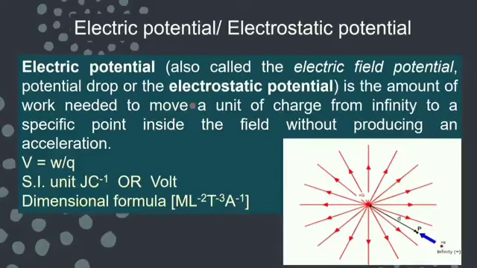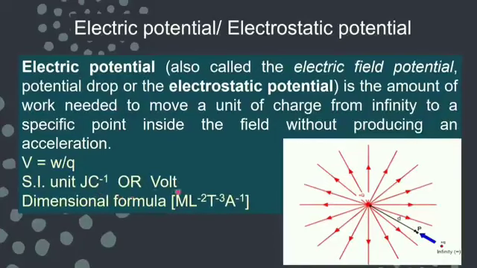If I want to write the electrostatic potential in the mathematical form, I can write it as V, capital V is the symbol for the potential. It is work done in bringing a charge, so work done upon charge. The unit for work is joule, you are already aware, and for charge it is coulomb. So you can write joule per coulomb, or you know, when you studied the experiment in 10th class, you measured the potential difference in terms of volt. So you can call it 1 volt. 1 volt is equal to 1 joule per coulomb.